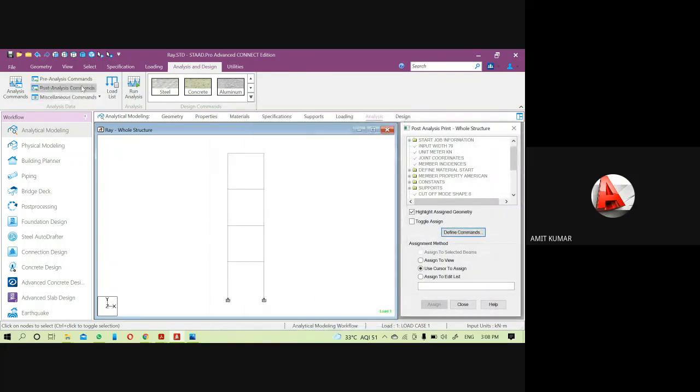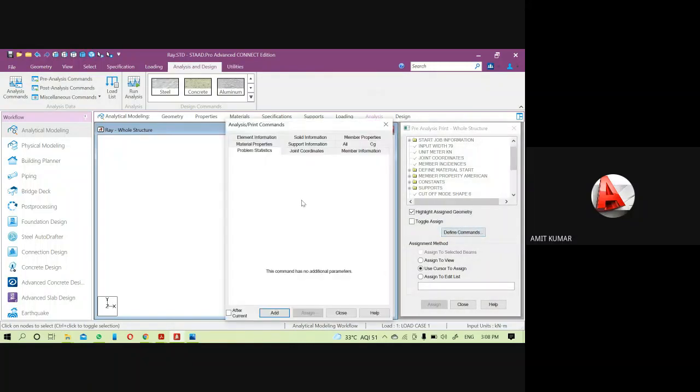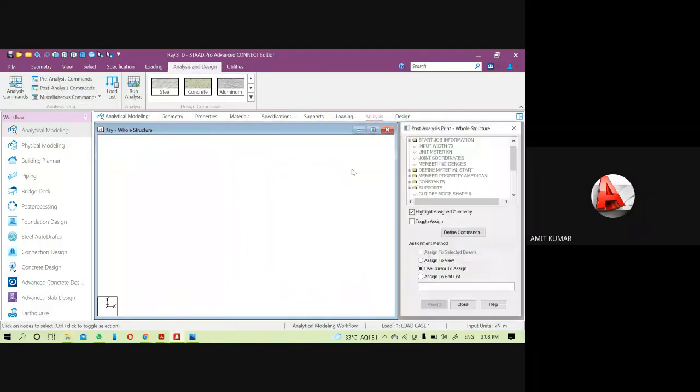Now here is the post analysis command, and the pre analysis command also, come to the define from here.